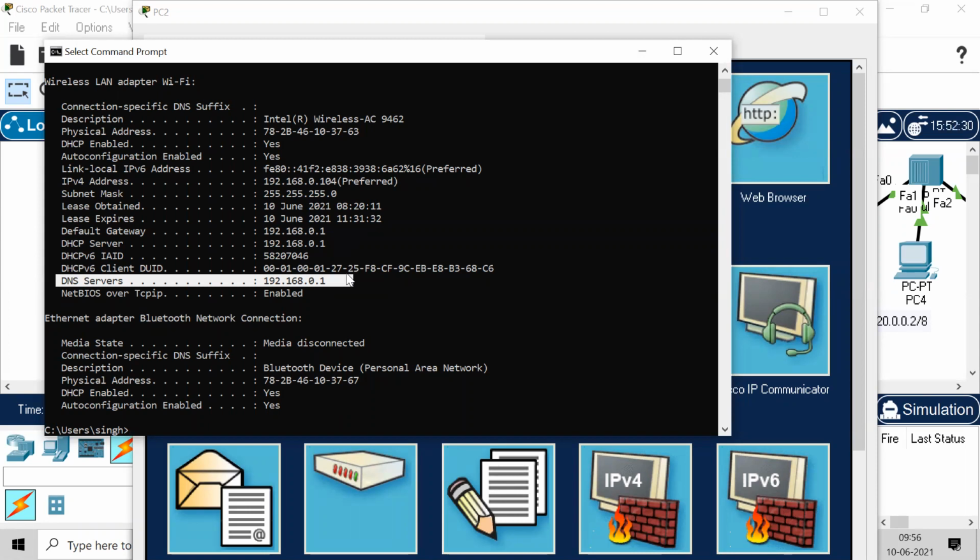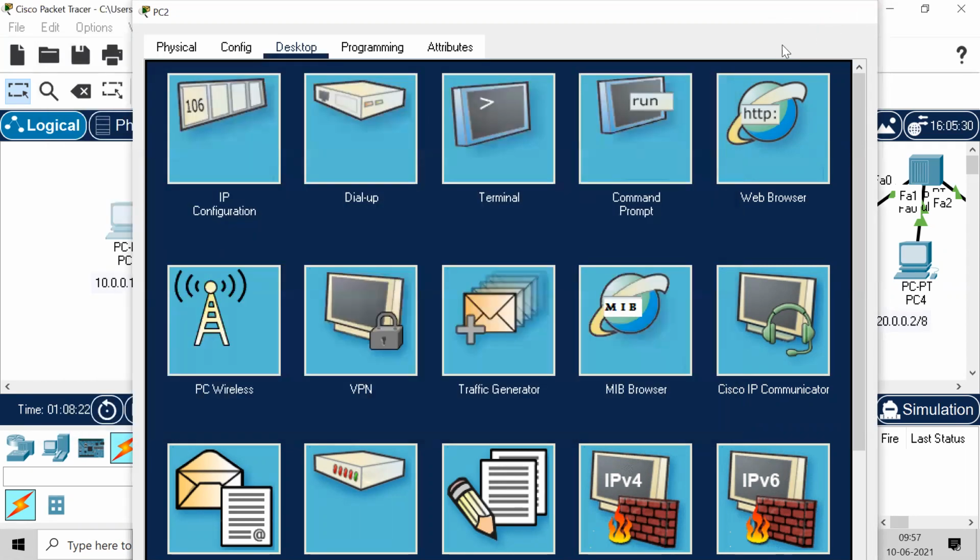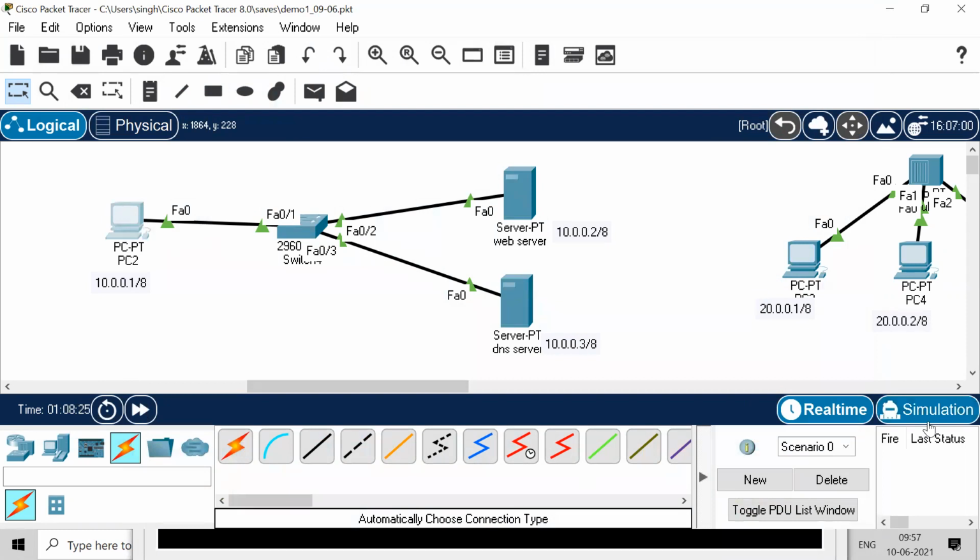So when you're hitting a web page, first you need to see that there is a DNS server configured in your system. Then it will resolve the name to an IP, and later the handshake process will happen with the web server, and then your request goes and the reply comes. You can check that in the previous recordings if you require. However, there is a simulation mode in Packet Tracer which shows how the packets are navigated when you hit the URL www.cisco.com or ciscopackettracer.com. First, the packet will reach the DNS server.